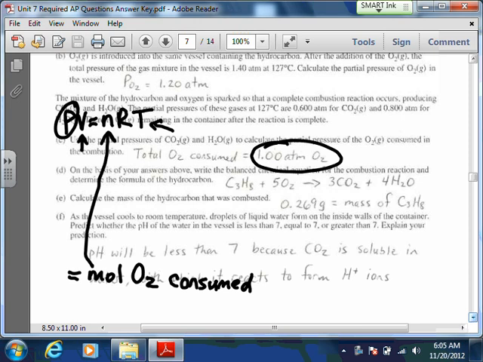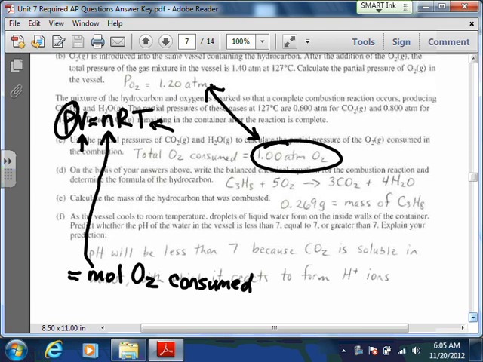of O2. Okay, and then, not that it matters that much, but if you compare that to the original pressure, then that kind of tells you how much of the oxygen got used up. It looks like most of it got used up. Okay, so we're going to have 0.20 atmospheres of O2 remaining in that